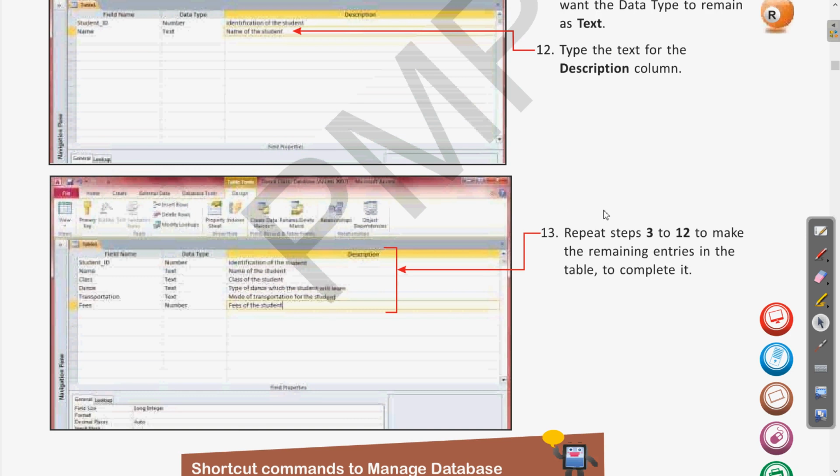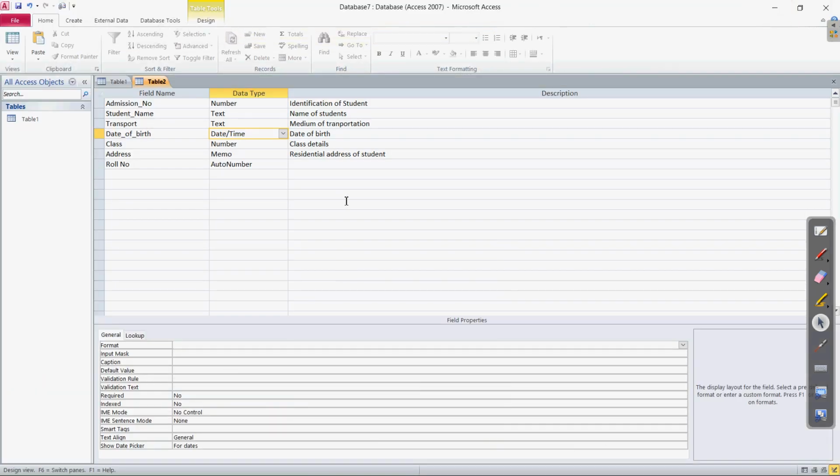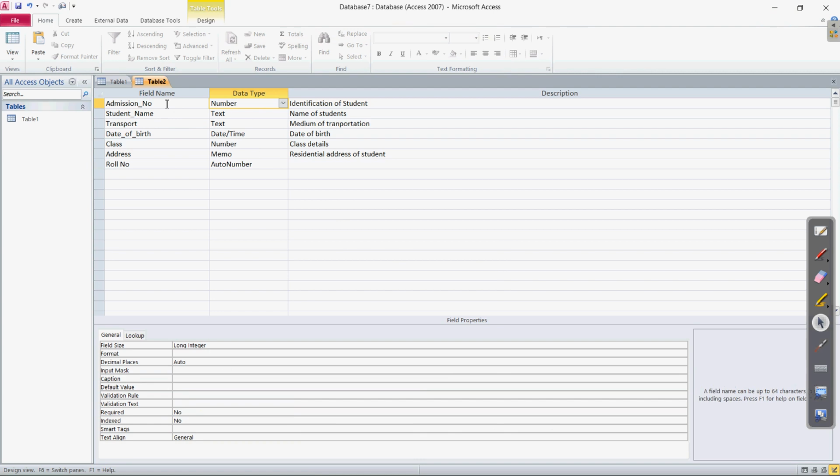If I show you the software window also, there we have done the same thing. We have entered different values in the different fields. After that, we chose the different data types, like for the admission number we chose the number data type. The description that we write here is for our convenience. Clear? So that whenever a user enters the data, he will be able to know exactly what this data type is or what this field is doing.